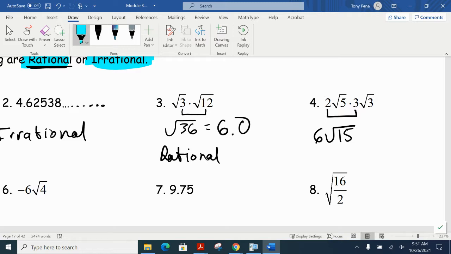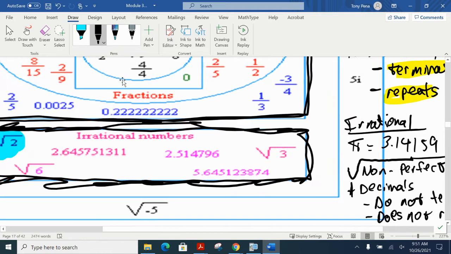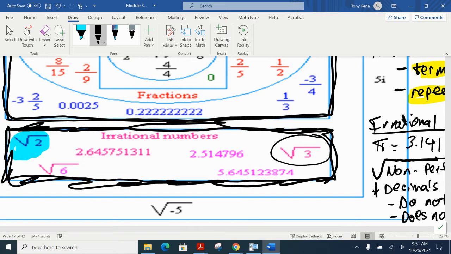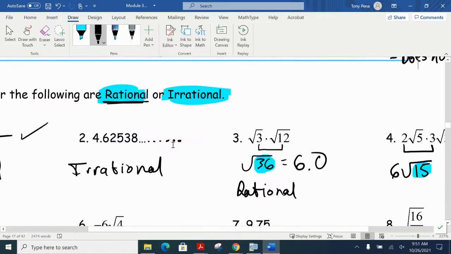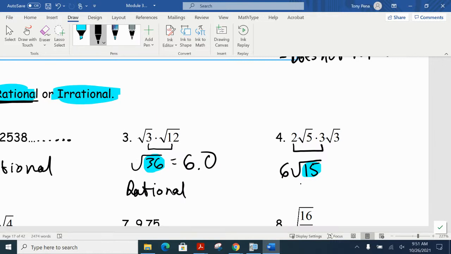When we did number 3, we got a nice perfect square under here, and that was equal to 6. Is 15 a perfect square? No. Could we break it down any further if we wanted to? Like, are there any numbers that, yeah, we can use 5 and 3, but are 5 and 3 a perfect square at all? No. So if we again look at our little chart up here, anytime we get a number that is not a perfect square, those are irrational numbers. So the square root of 15